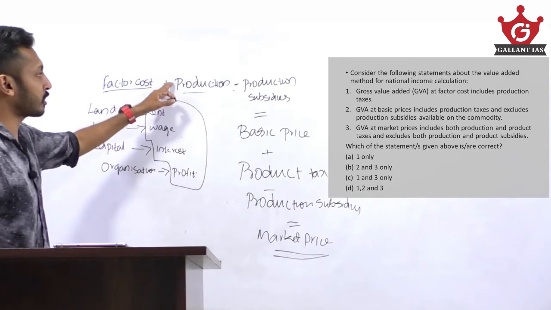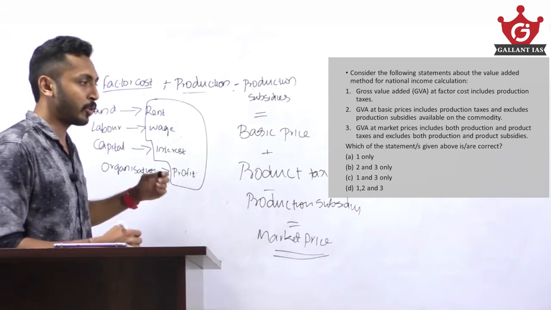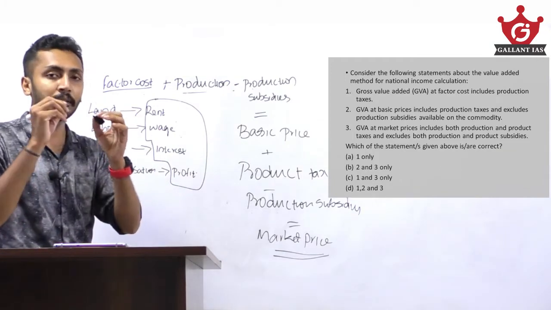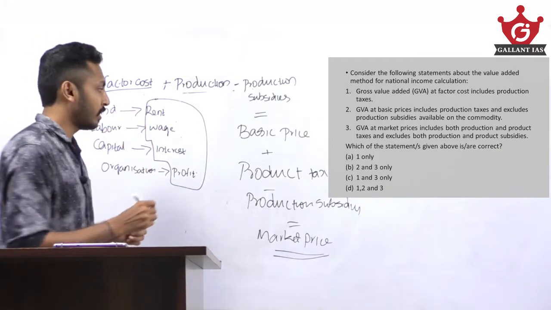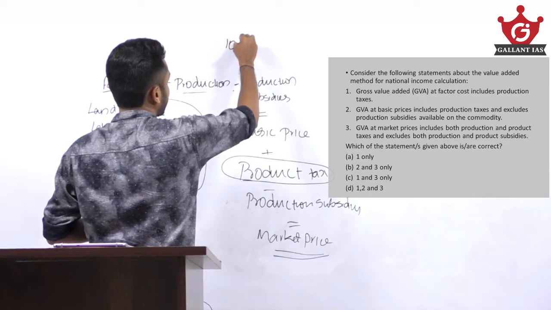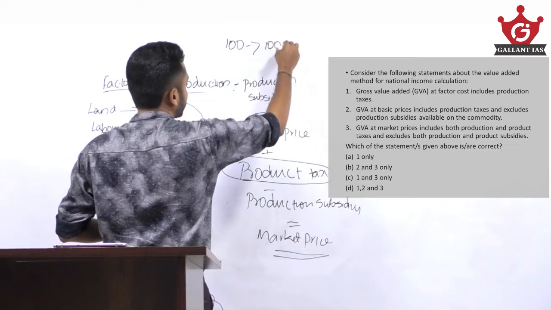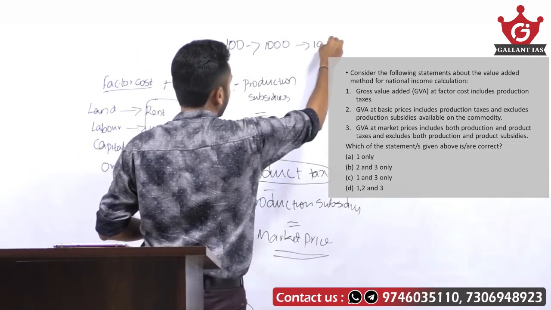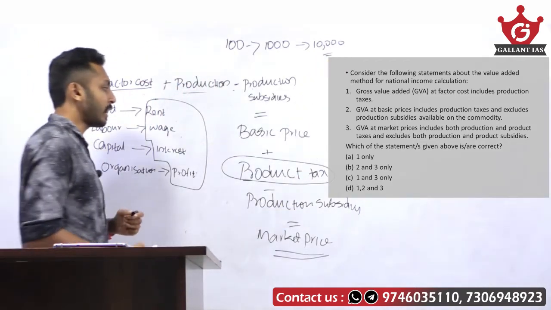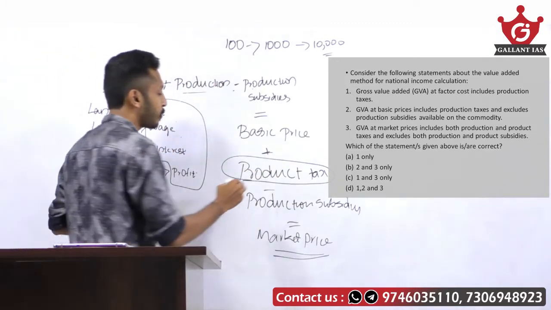So what is the difference between production tax and product tax? Production tax, like I said, is a fixed variable. Whether production is 100 units or 1000 units or 10,000 units, the production tax will be the same. It is fixed. But product tax depends upon the quantity of output. The product tax will change if it is increased to 1000 units, and it increases when it is increased to 10,000 units. Product tax depends upon the quantity of production. It is a tax charged on the individual output. That is what product tax.